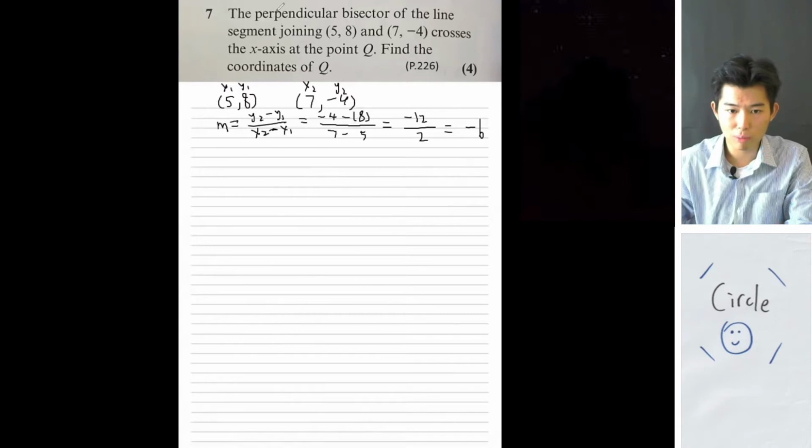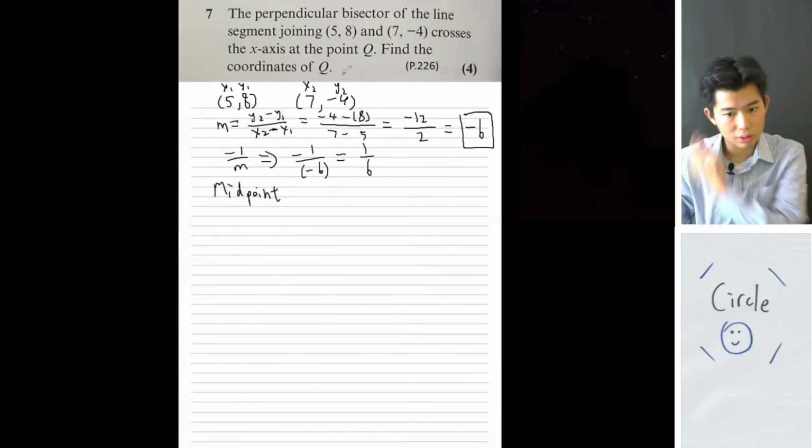And they want to find the perpendicular bisector. What does that mean? It means the perpendicular through the midpoint between these 2 points. So the gradient for the perpendicular bisector would be -1 over m. If we substitute this value back into this m, it would be -1 over -6, which is 1 over 6. And the midpoint between these 2 points is